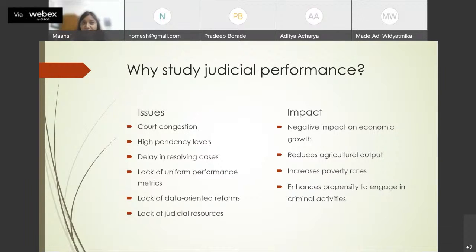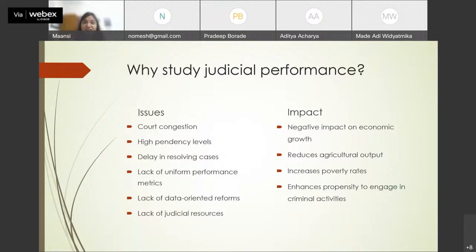So one would ask, why do we need to study judicial performance? What ends would that serve? Firstly, there are a lot of issues that are plaguing the Indian judicial system as of now. I think the most commonly heard one, I'm sure everybody has heard this one, is Tareekh pe Tareekh, from the famous movie. You just keep getting dates and nothing is resolved. In fact, people live decades in prisons and their criminal cases are just proceeding through the system. And eventually, after years of spending in jail, they are declared innocent. Similarly, in civil cases, especially property disputes, it takes generations after generations to get any resolution from the courts. Apart from this, the courts are highly congested.